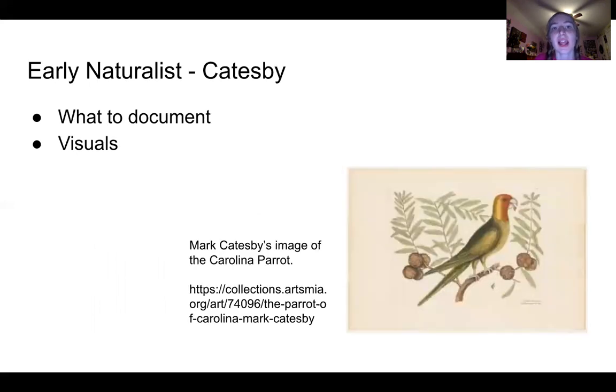Early Naturalist by Catesby really made me think that while we need to document all of the scientific data, all the mathematics, all those different things, we also really need to, or should think about, including different things like what the soils could be used for, what the land could be used for, what has been used for, because he